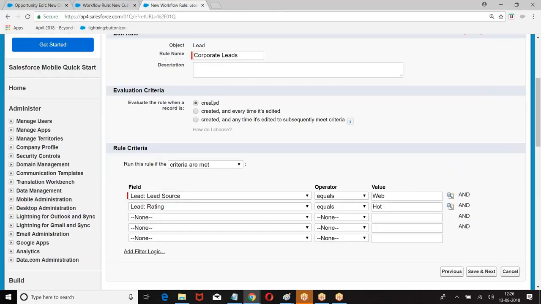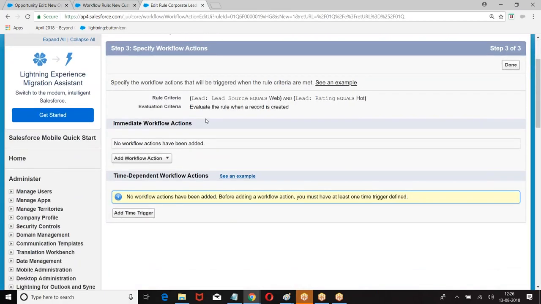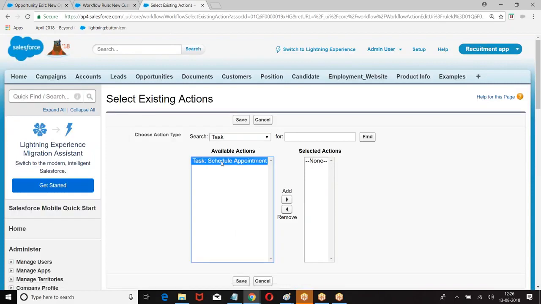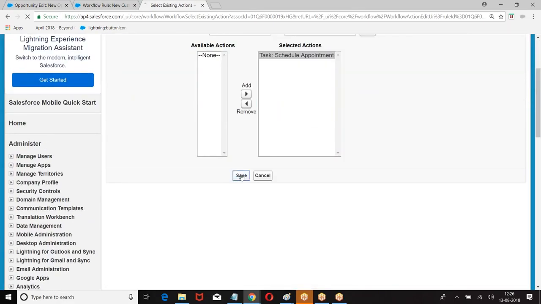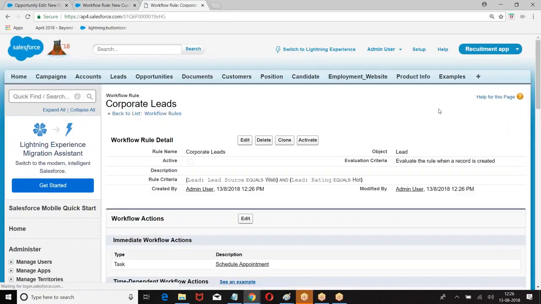Then I gave a condition. When a record is created, then lead source equal to web and rating equal to hot. Perform the action. What is the action we give? I can create a new task here, but choose existing. It's your choice. Because I have already created a task, I'm adding the existing task. Then you are supposed to click on done.